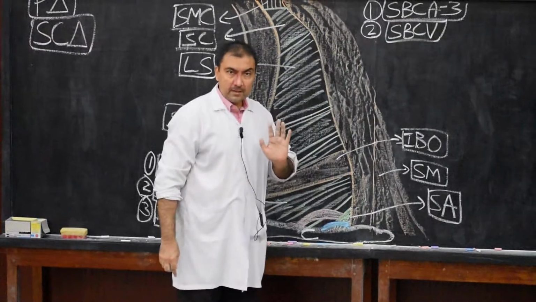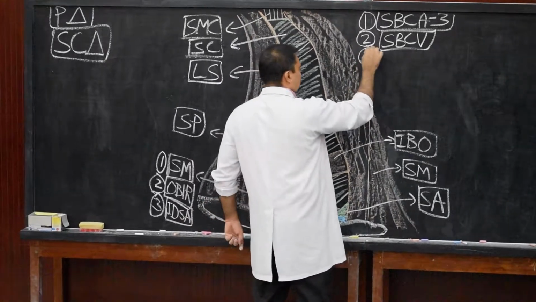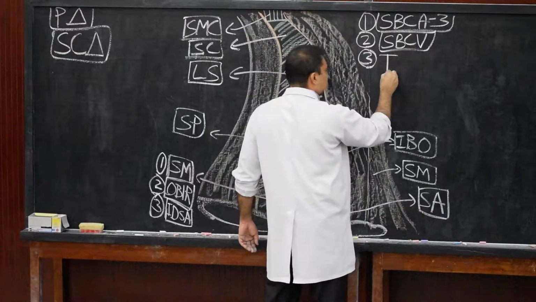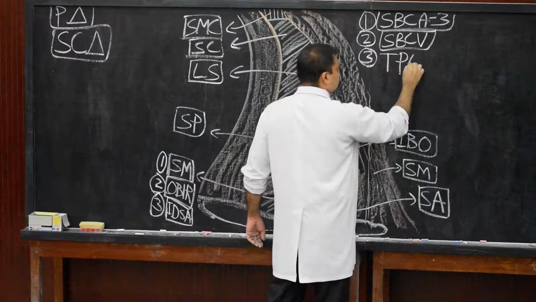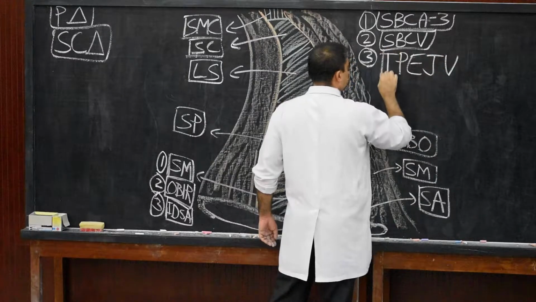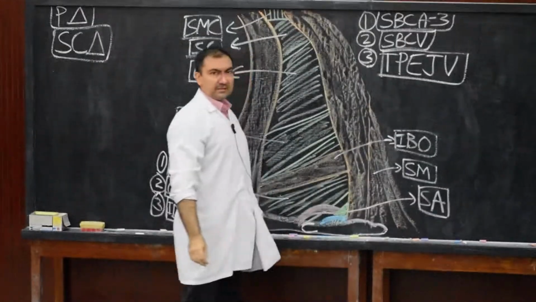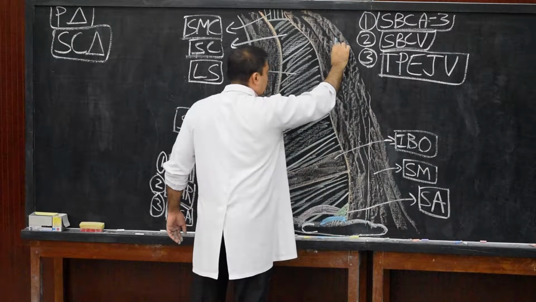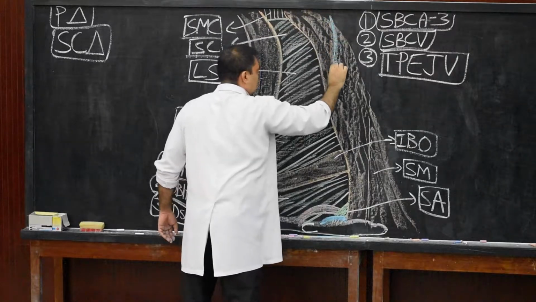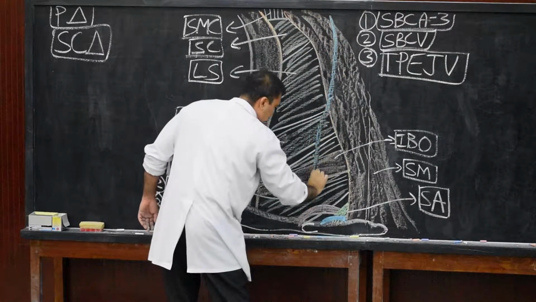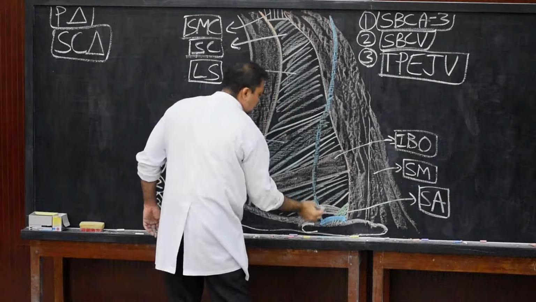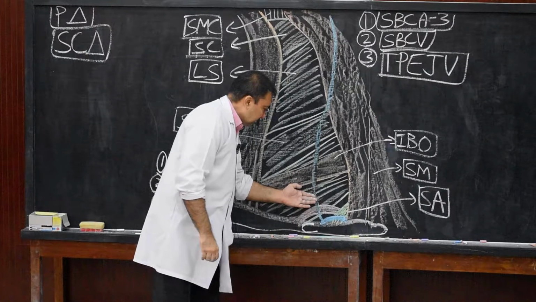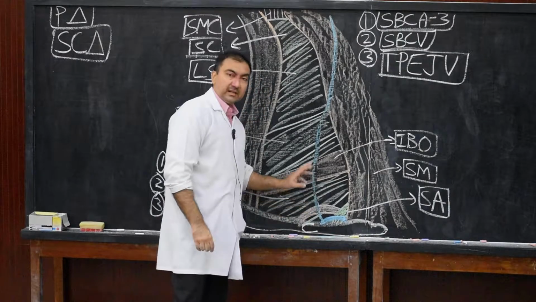Content number 2 is done. Now content number 3. Another important vein which we have discussed in the occipital triangle: the terminal part of the external jugular vein. Please draw it over here, coming from above the sternocleidomastoid muscle, and then it will open here in this way. So it is going to pierce the investing layer of deep cervical fascia just above the clavicle.